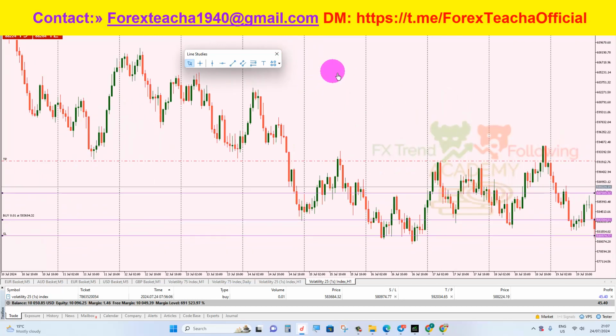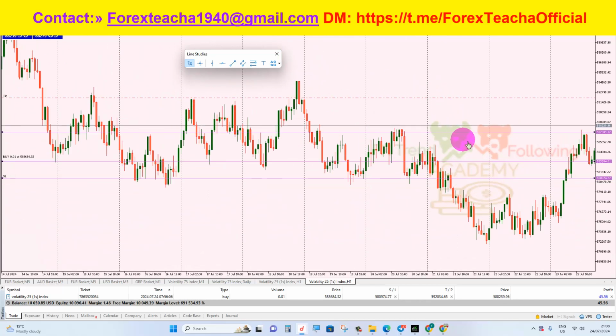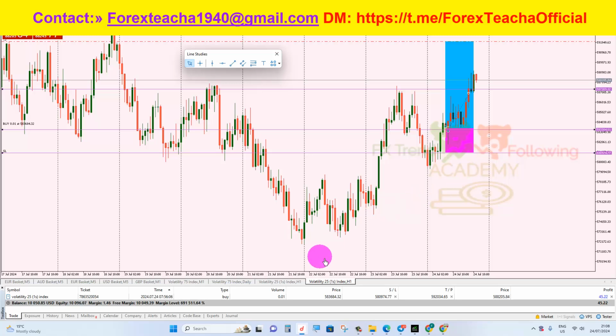And this is the list. This one is the volatility 25 1S index, right? It's less volatile than the others which are here. But today I was just looking at this, so I'm going to quickly go to our chart and show you the analysis, the reason why I placed the trade, and